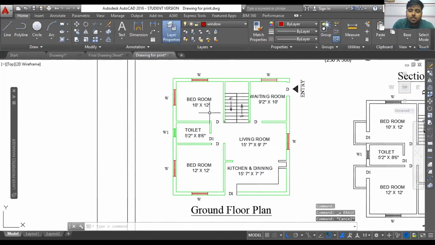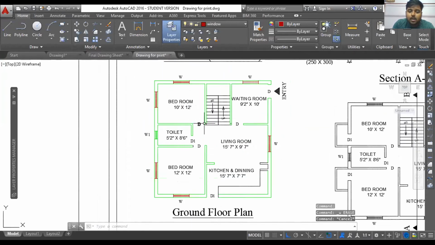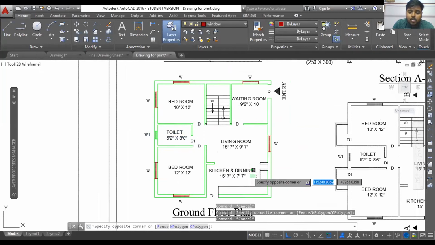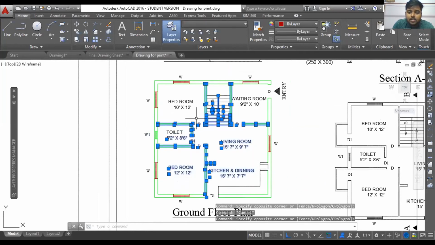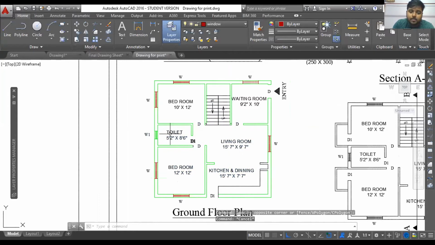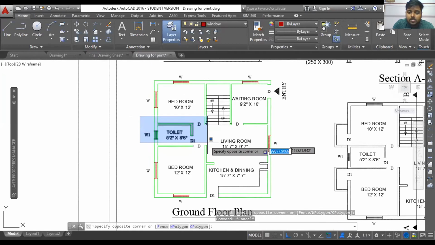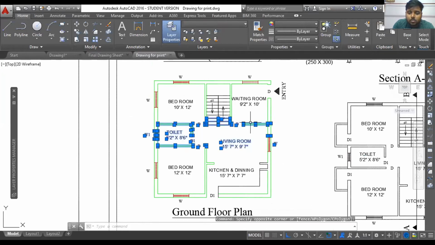Okay, but suppose you want to delete all the wall lines, the interior wall lines. I can do it this way. I'll select, okay, only wall lines are selected. Or if I go from right to left, in this way, all the text that comes under that particular selection is also selected. I don't want that. So that's why I'll use left to right, because that will only cover my wall portions.